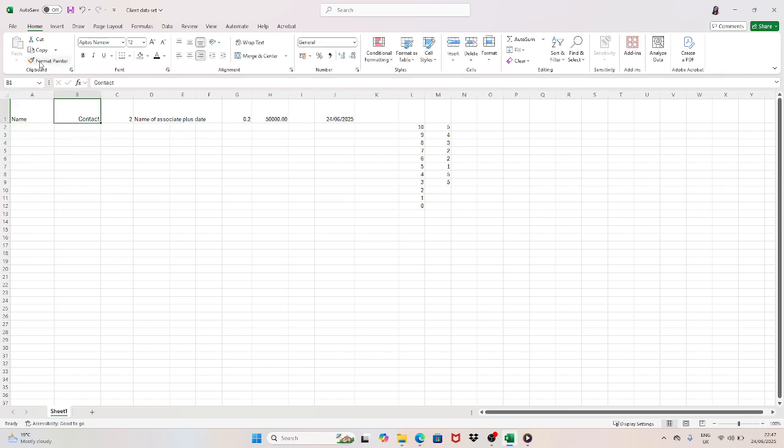Now, what is this little clipper thing? It's called a format painter. Basically, what a format painter does, like the name says, it copies whatever formatting is in one cell and paints it onto where you want to take it to. So, example, let's say the name cell,